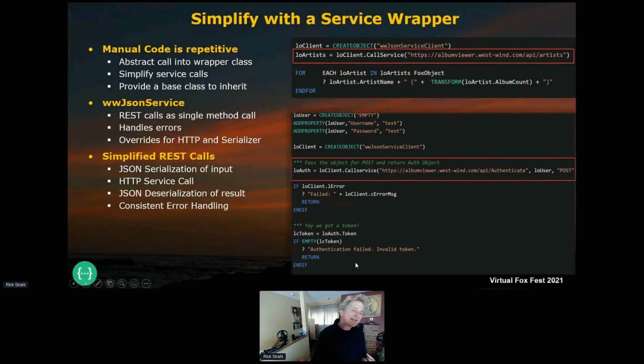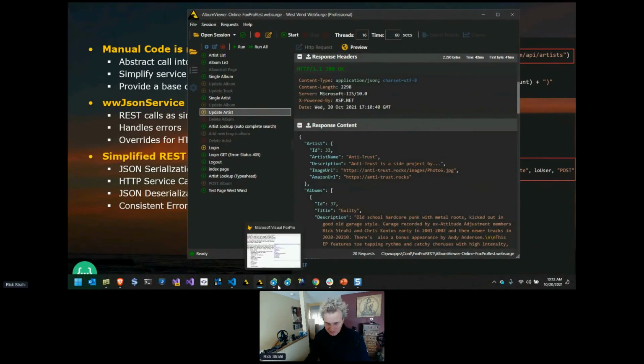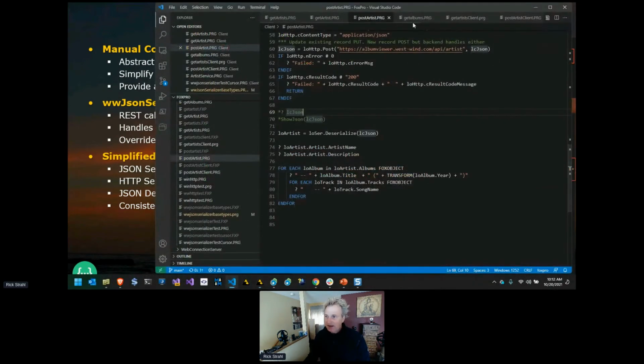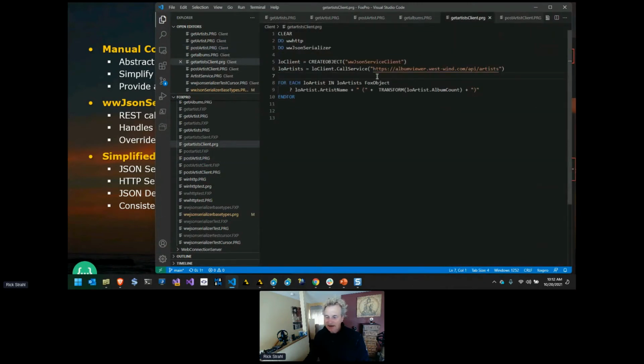So what this does is it simplifies and abstracts away the repetitive code of having to run an HTTP request, checking the result, and then making the JSON conversion. So it makes it a little bit easier to do this. So if we go back over into code here, if we go into get artist client, here's the get artist client, right? So if we go into FoxPro and run that,